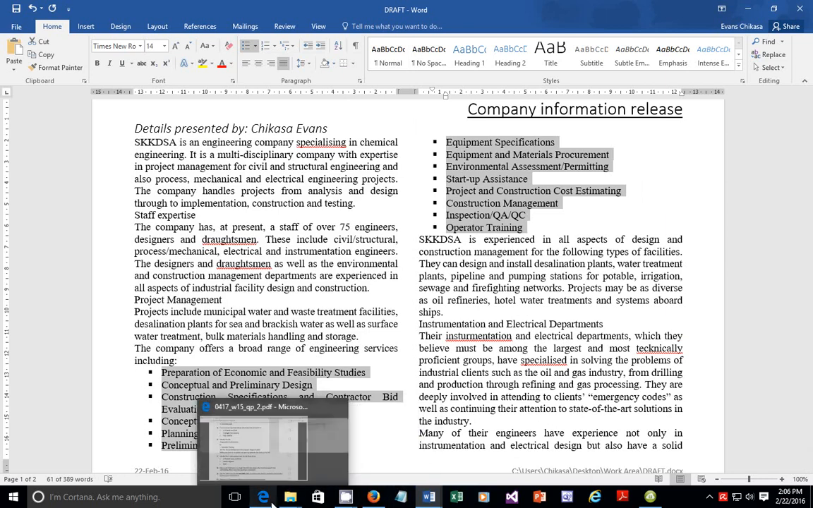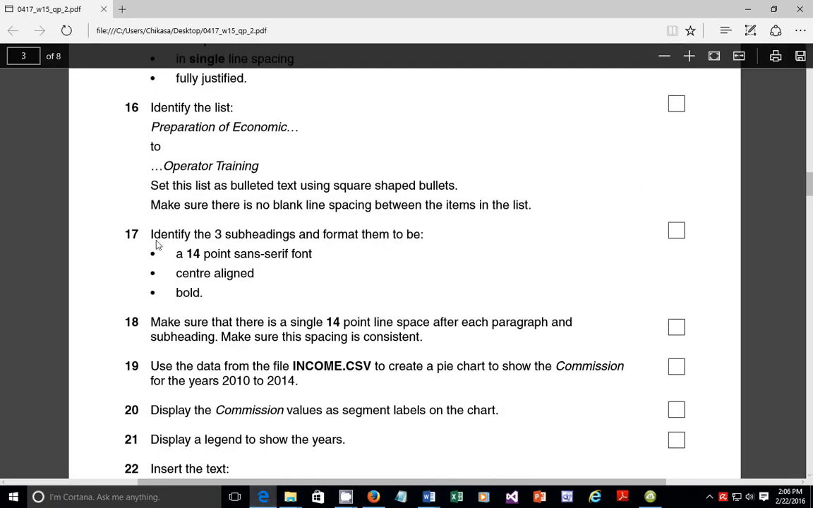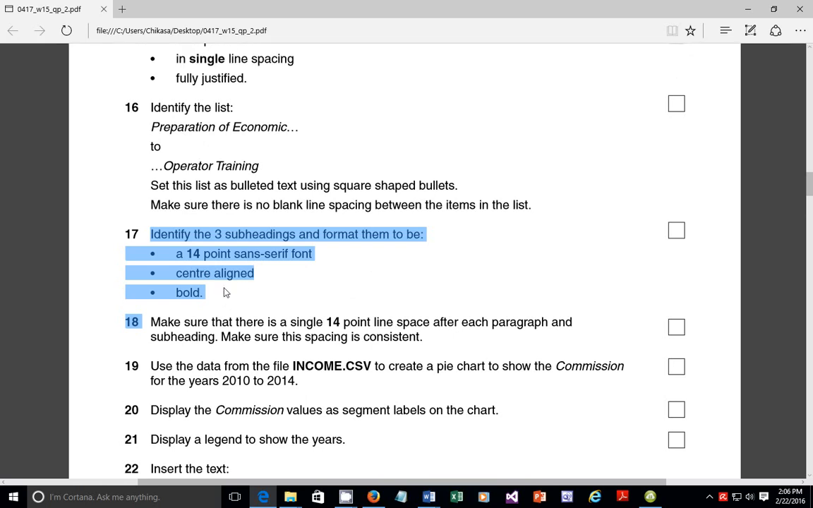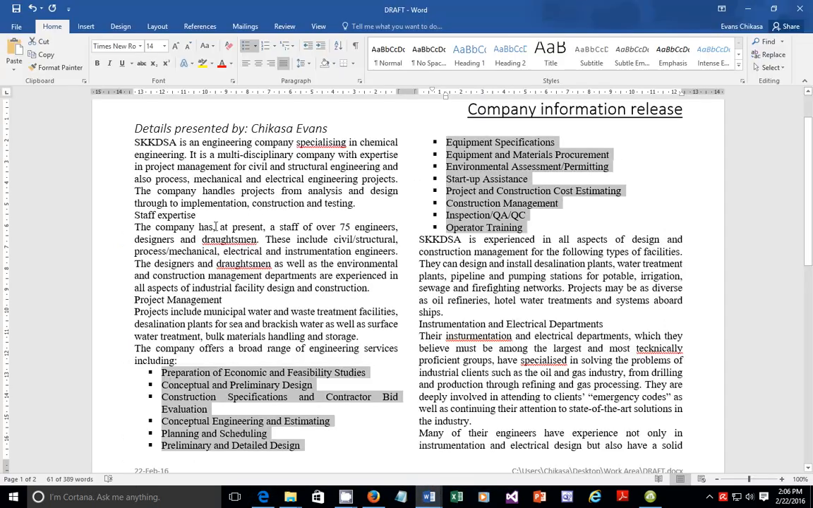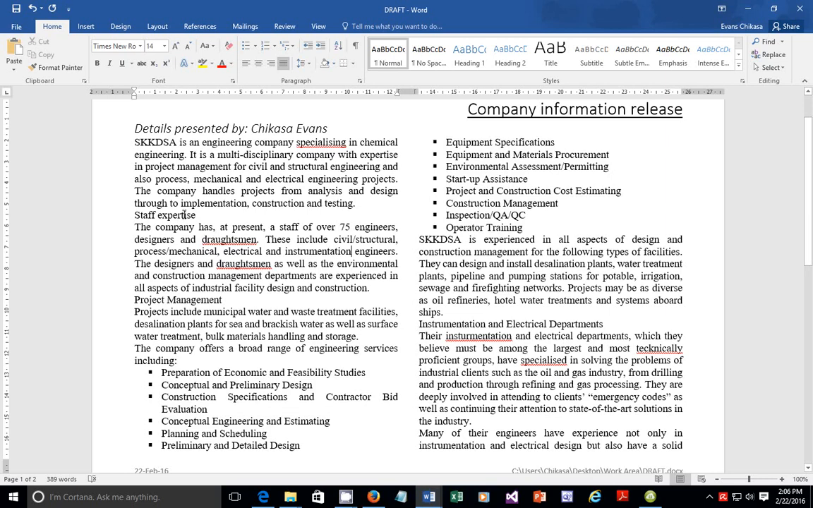Okay, next step, step 17, identify the 3 subheadings and format them to be a 14 point sans serif font, center aligned, and they should be bold. Okay, so 14 point sans serif, center aligned, and should be bold. So the 3 subheadings in our text. So a subheading will be a simple phrase or text that will stand out on its own. So we have staff,